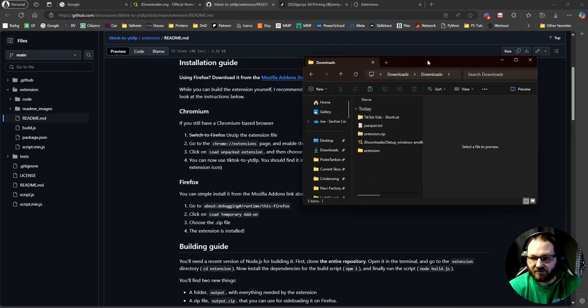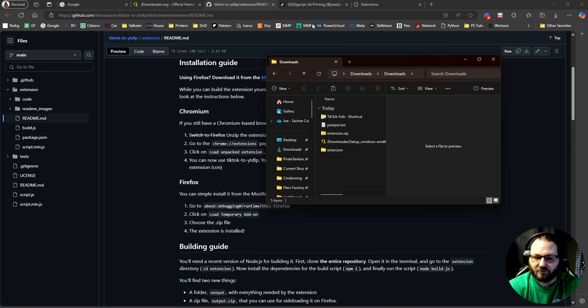Once you get that extension file, you're then going to need to install it into whatever browser of your choice that you use. It needs to be Chromium based, so that's going to be your Firefox, your Edge, your Chrome. I don't know if this will work with Opera. I don't really use Opera. I don't know if that's Chromium based or not, but